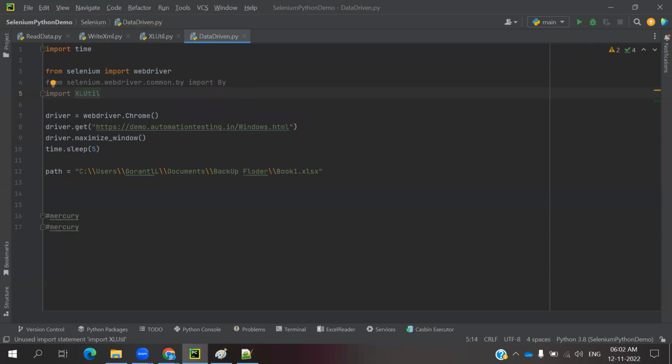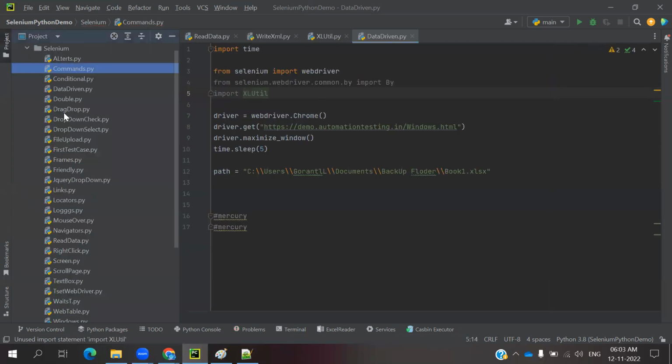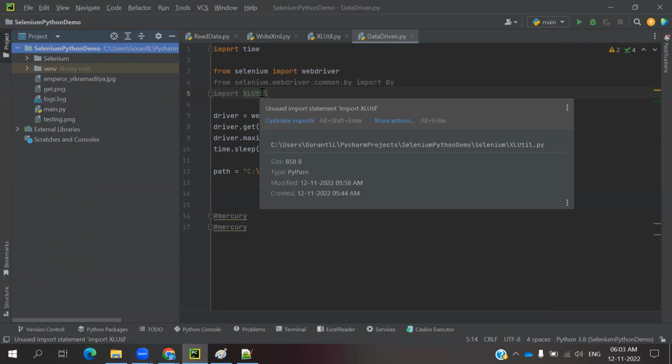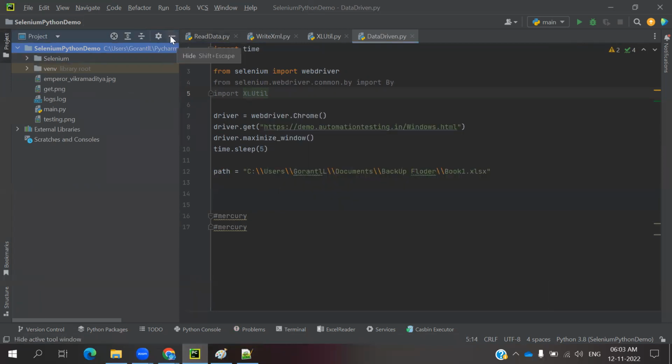If you write it in the same package, inside the folder directory, if you create it directly, we can call it by directly importing Excel utils. If you create another directory, here where you are creating the project, right click and create a new directory. Then you have to specify which directory and what is the file. Then we can access that one. Okay,